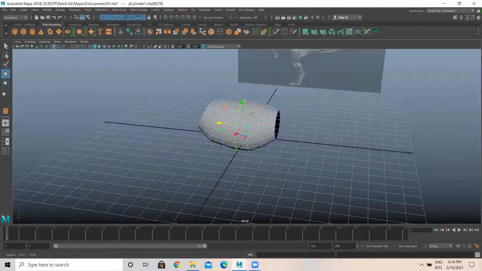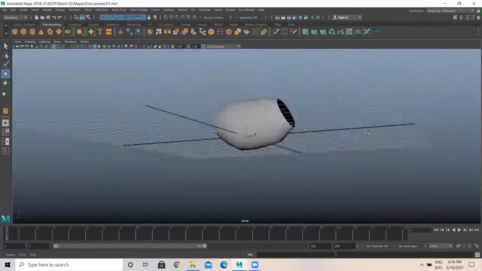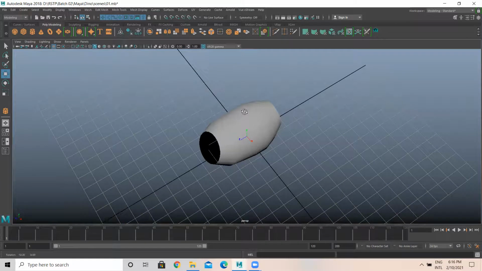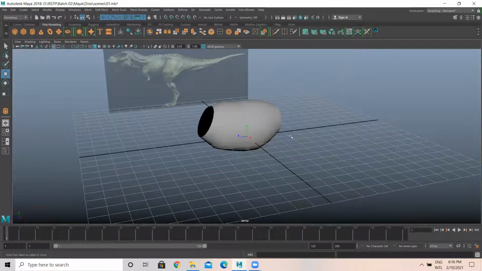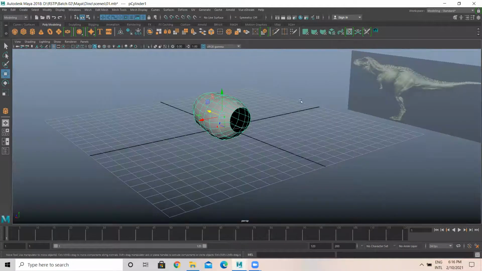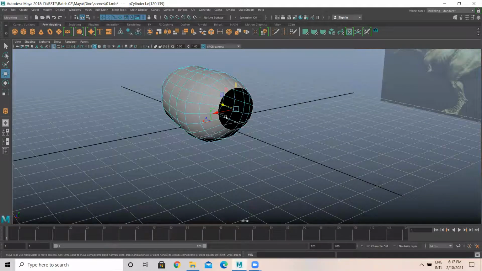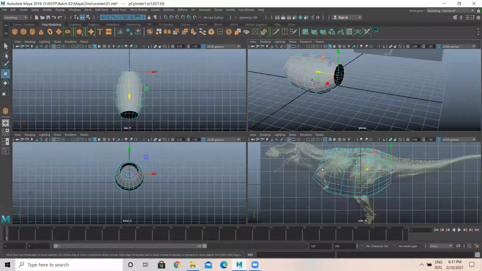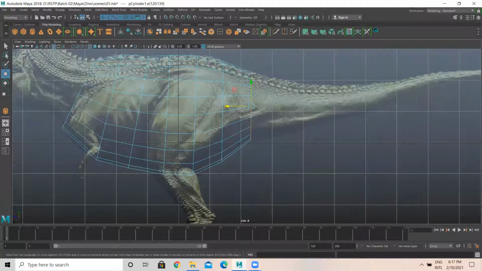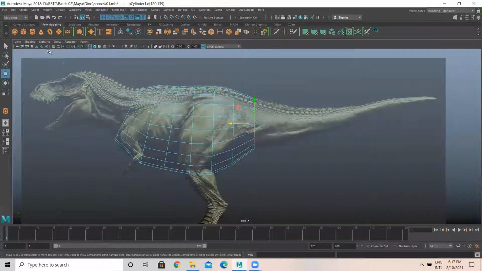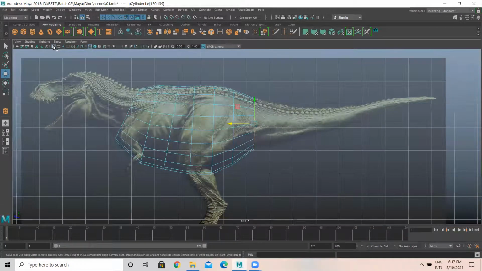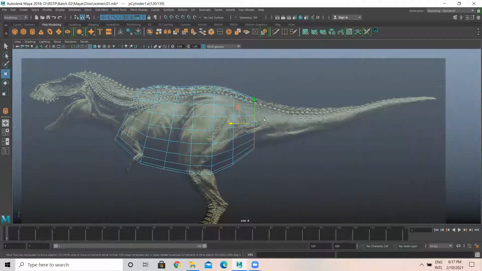Now I'll come over here. See, almost we got a basic shape. Then I select this particular edge, double click. You can select this edge like this. This is the grid. You can turn it off, turn it on. I'm just turning it off.